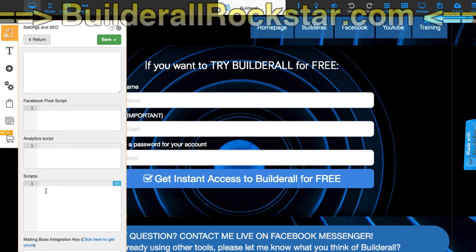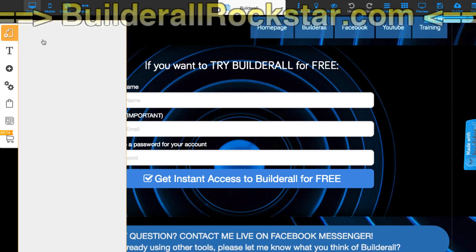When you paste it, you keep the opening script and closing script tags. You take the script, copy and paste all in one. Don't remove anything. And so for pages, it's the same. You can go to the page options and you can paste it in the script.